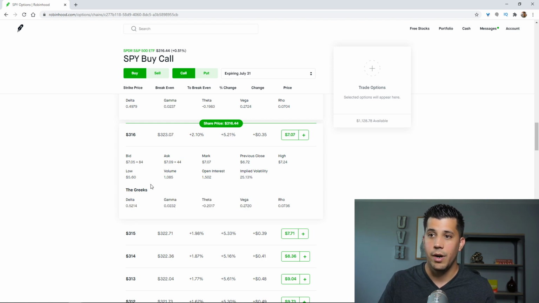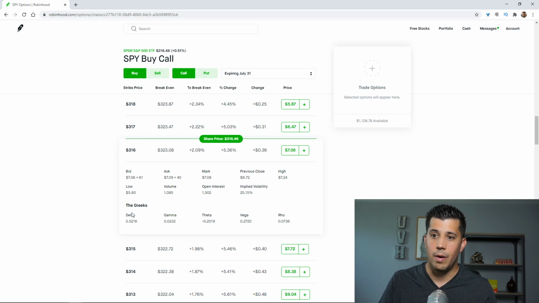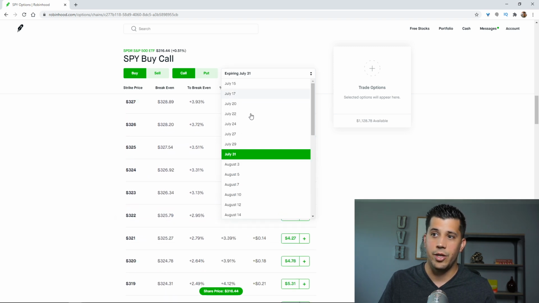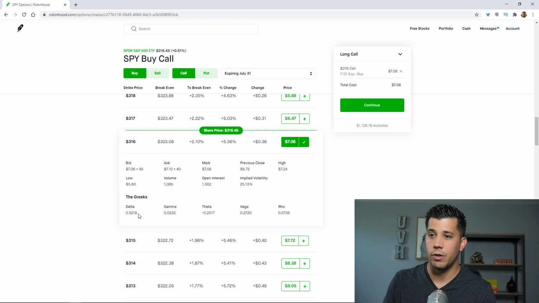You can still capture, buying the 316 call right now, I can still capture 52 delta. Sure, I'm not going to get as much, but if this goes against me, on the closer expiration on the July 15th, I was getting the 59 delta. Now I'm only getting 52 delta. However, I have a lot more time. If things go against me, I have things to work out. However, you're going to be paying a much bigger premium. As you can see here, this is $7 now. So it's going to cost $7 if it goes up. If it goes up $1, you're going to be making $52. But this is how you calculate. This is how you start to identify what option pricing is, the power of option pricing is, and how much risk